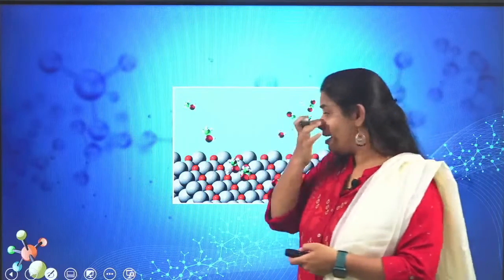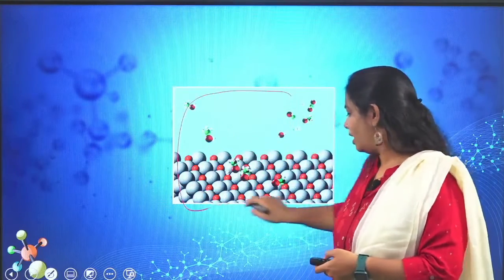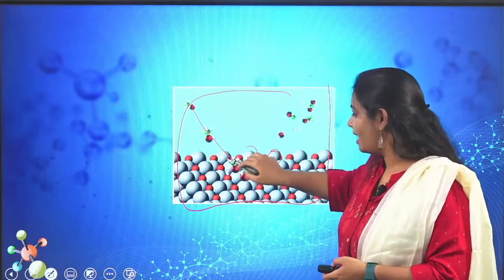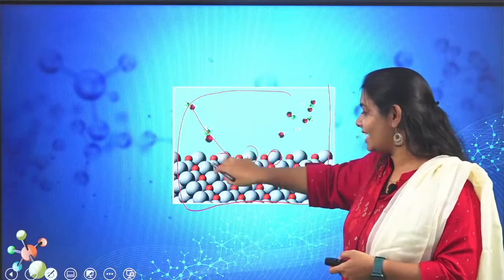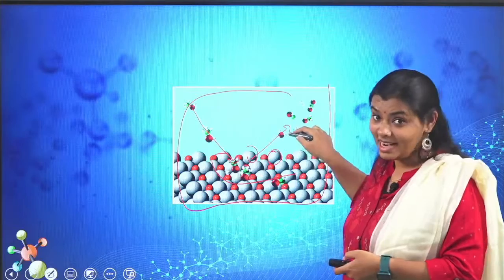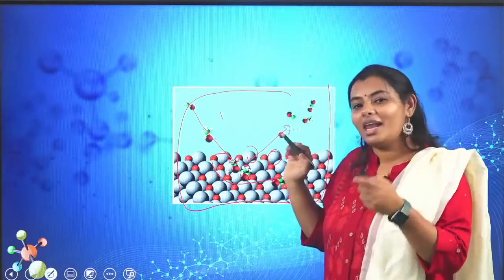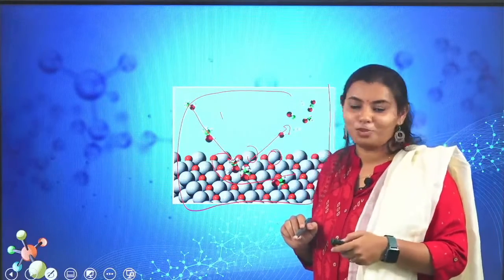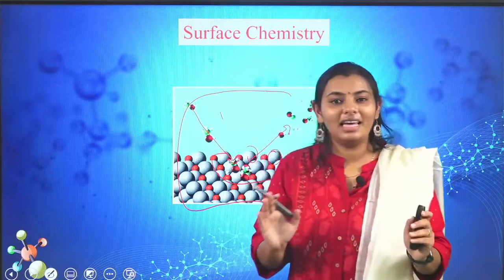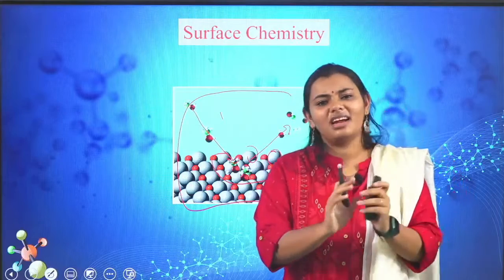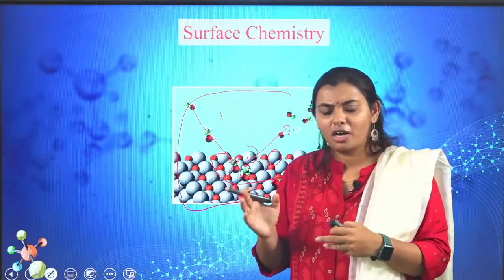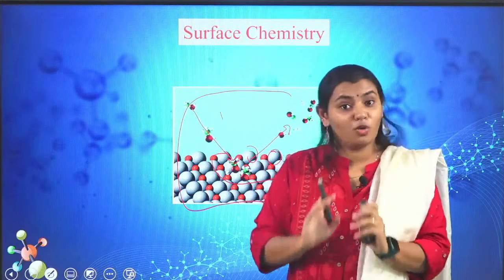This particular image, when you see, you can see there are a lot of molecules here, right? There are molecules which are coming and getting inserted in this surface, and molecules going out of this surface, right? Adsorption and desorption. So where exactly do you study about adsorption and desorption? Our surface chemistry. So in surface chemistry, it's purely theory based, right? So you're going to just study the different concepts, that's all. There are not many problems that are going to appear from here, but definitely theory questions will be asked.